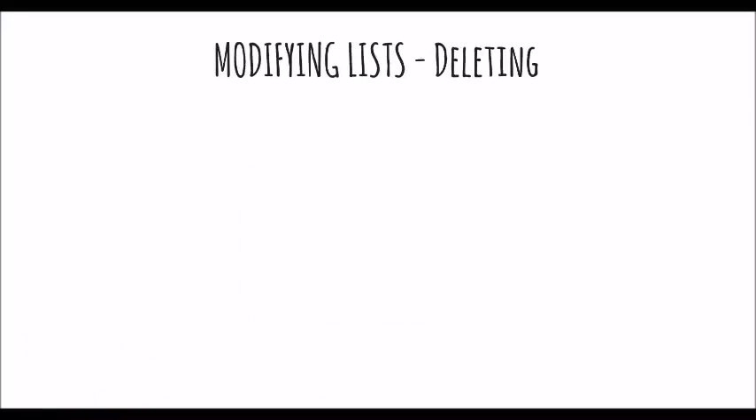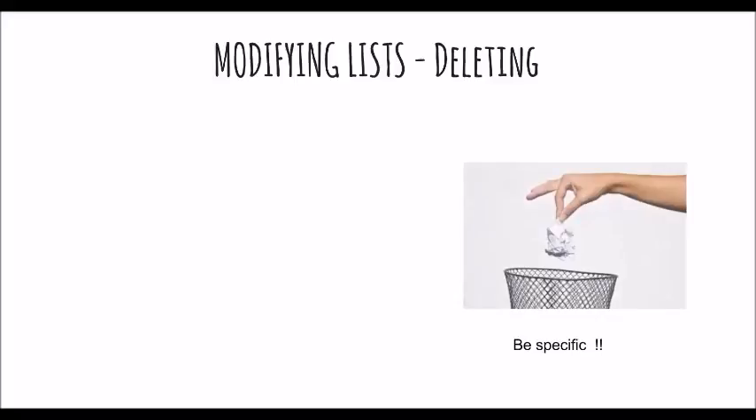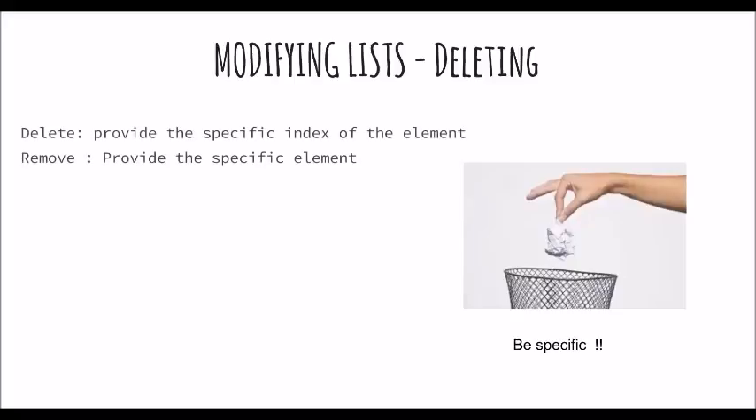Let's move on to modifying this, deleting an element from a list. To delete an element, you have to be specific about what element you're planning to delete, because if you mess this up, you could lose your data. To delete an element, you have to provide the specific index of the element. And you can use the function remove as well, which helps you to remove the element by just searching